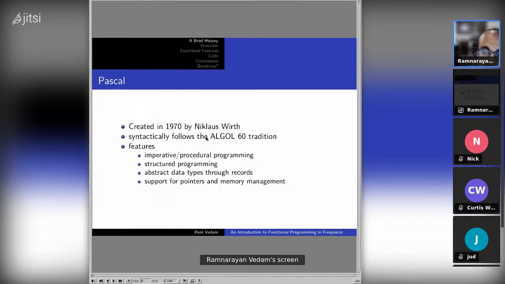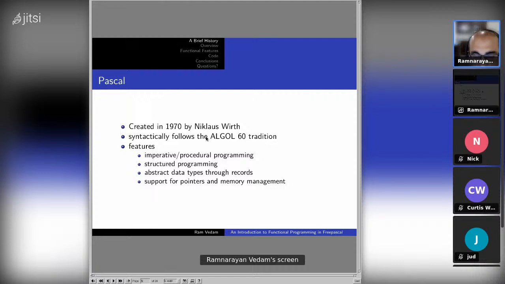Declarations are usually defined all the way up front, and well away from the actual logic where those particular variables and declarations were introduced. Records and abstract data types. Well, you had abstract data types and larger data types created through the record data type, and this was extended later on in other successors of Pascal.